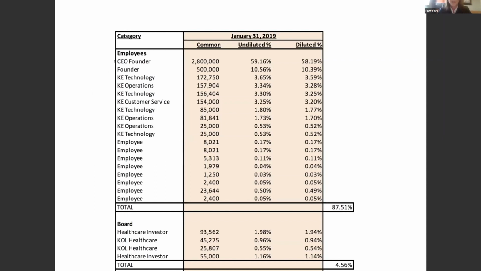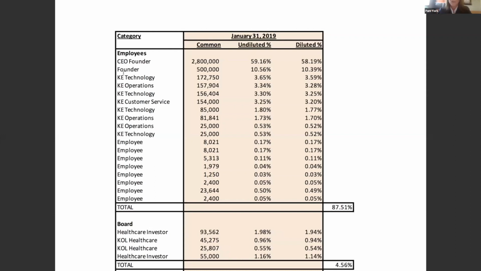So you can see here, this company had two founders, a CEO founder and another founder. The CEO founder owned about 60% of the company, and the second founder owned about 10%. This is not uncommon, to have a single large ownership with one person. And as John was mentioning earlier, sometimes you can see two, three, four founders with a more even split. But in this case, it was one person who had an idea and then brought on another founder that really helped manifest that idea.